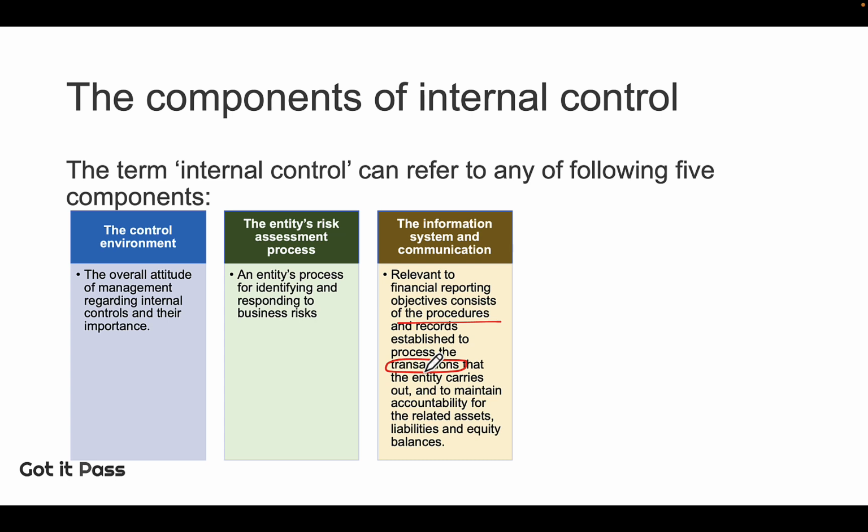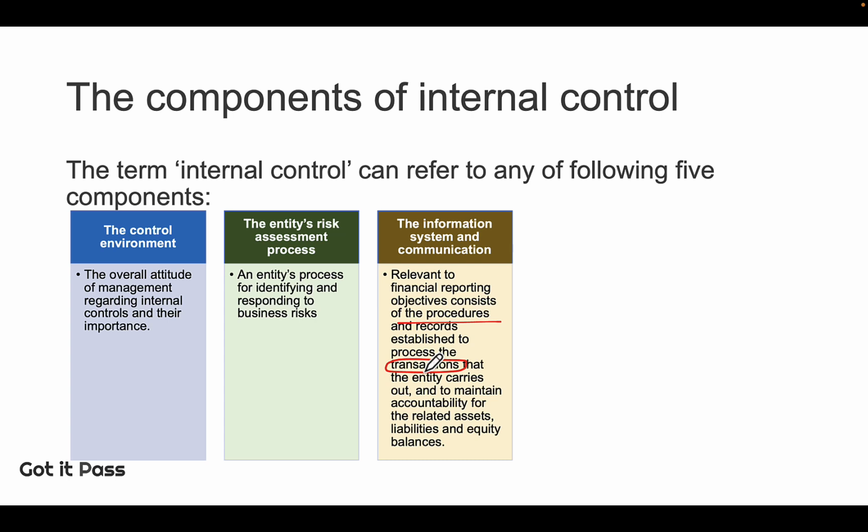And the information system must be able to measure the transactions to permit the recording of their proper monetary value in the financial statements. In other words, the information system should not only capture the volume of the inventory, but also the valuation of inventory as well. And the information system should be able to determine the correct accounting period in which transactions should be recognized. In other words, for sales transactions that happened before the end of December, they should be recorded as December sales.